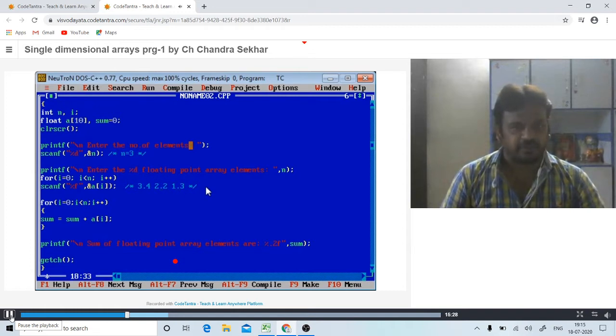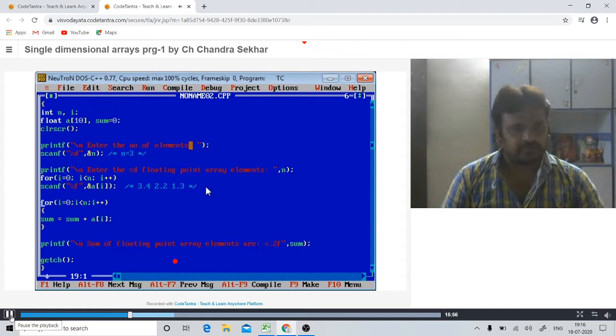After giving the inputs, now this statement is executed. Initially i value is 0, n value is 3. 0 less than 3, condition true. Whenever the condition is true, it executes this statement. Sum is 0, 0 plus a of 0, which is 3.4. 0 plus 3.4 is stored at sum.